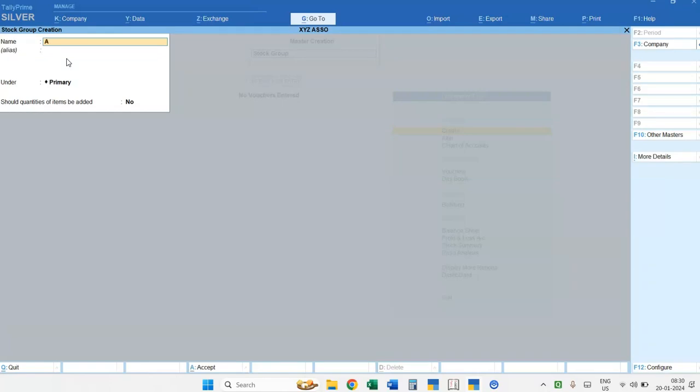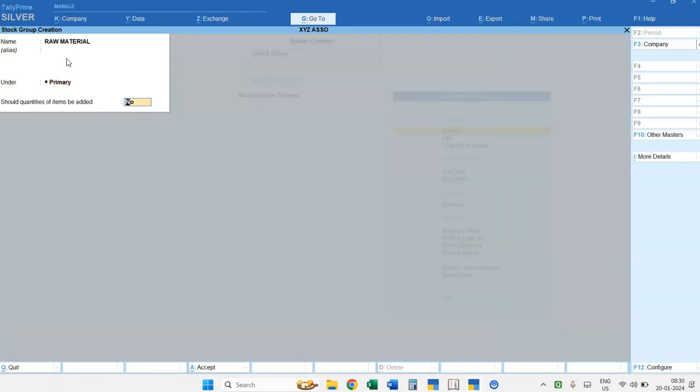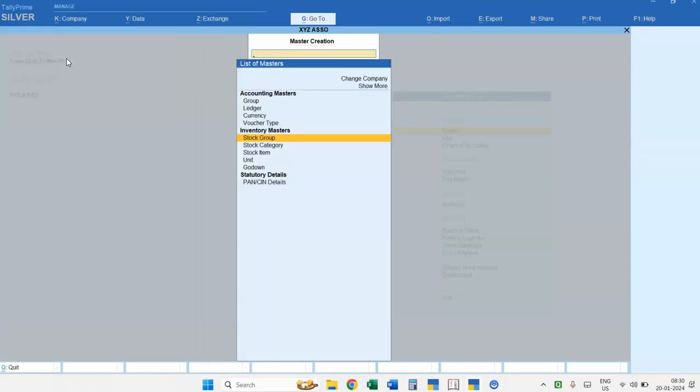Here I will write down the name of the group, for example raw material. So I am writing down the name of my stock group as raw material. Raw material is under the primary category. So I am selecting primary here and saving my setting. So my stock group is now created.